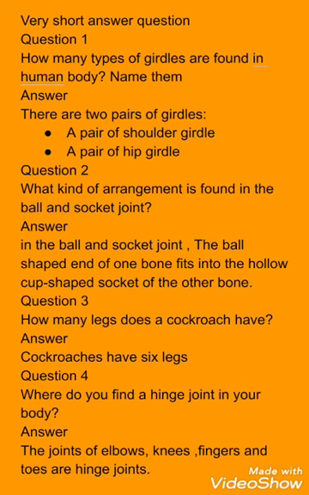But when he is asking how many legs, the answer is 6 legs, because it has 3 pairs of legs, and a pair is made up of two things. So 3 pairs means 6 legs. Whenever you get a question, you have to understand what is being asked. If pairs are asked, you write 3 pairs, and if legs are asked, you write 6 legs. Where do you find hinge joints in your body?